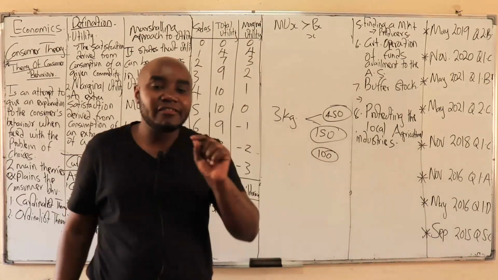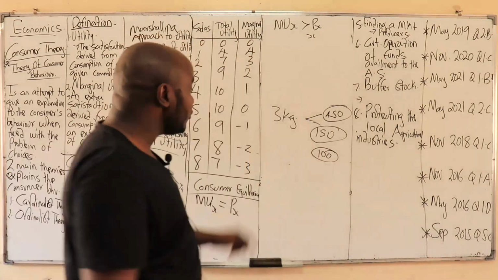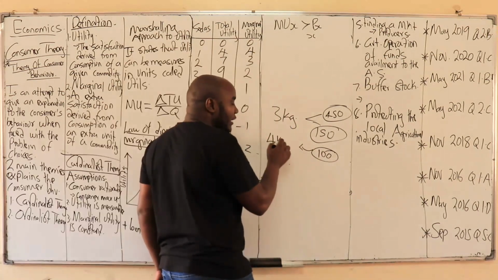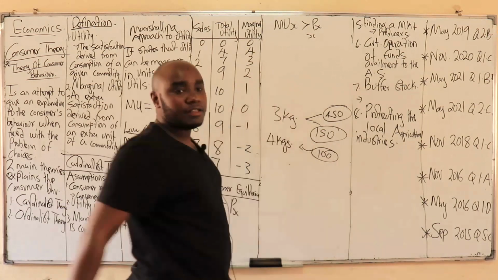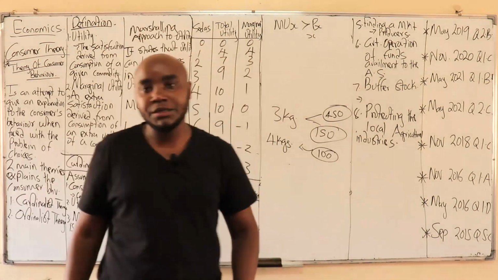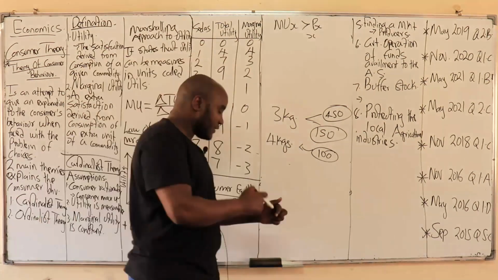Putting all other factors constant, what shall you do? It is very likely that you shall buy now 4 kgs. That's the norm. Yes, that's what we are talking about here. Then the next assumption